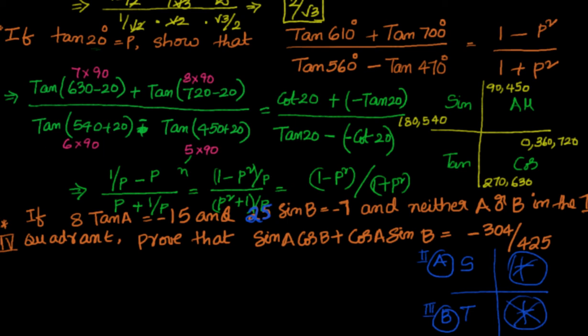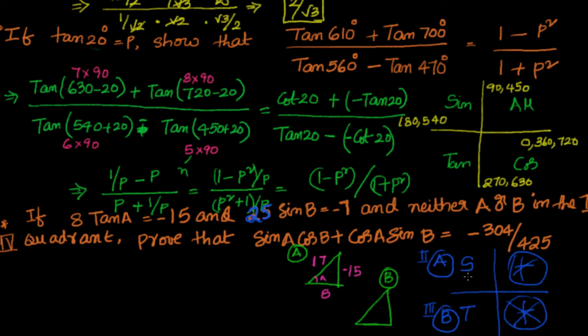With that information we are ready to go ahead. Now let's try to draw two small right angle triangles so that we can get the values of A and B. Let us say this is for A and this is for B. Let us do for A first. If I take A, tan A equal to minus 15 by 8. If this is A, tan A, that is minus 15 divided by 8. With Pythagoras, I know that this is equal to 17. And A is in which quadrant? Second quadrant.